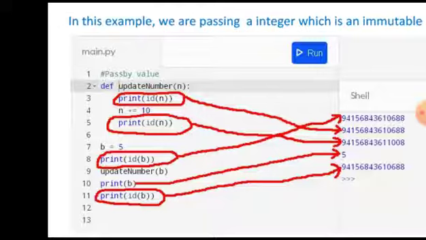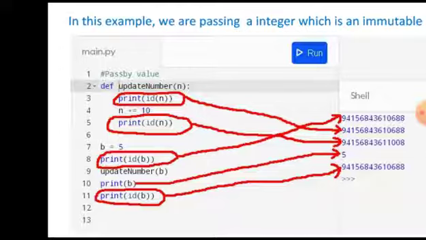Now again, when this function has finished executing and we return back to the main function, what will happen? If you try to print the value of b, it will not be shown as 15, because 15 was the value of n inside the function, and that n was referring to a different object than the b object. The b object which I passed to the function was different from the object held by n after updation. Before updation, they both were referring to the same object, but after updation both are referring to different objects.